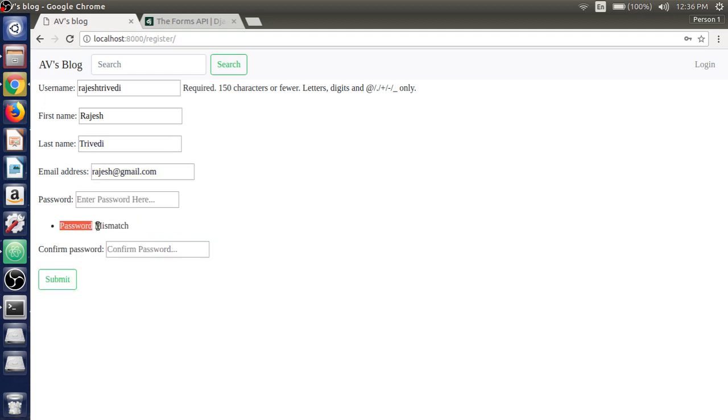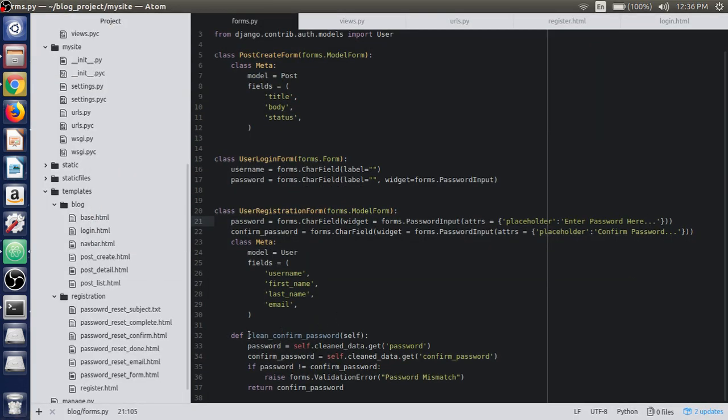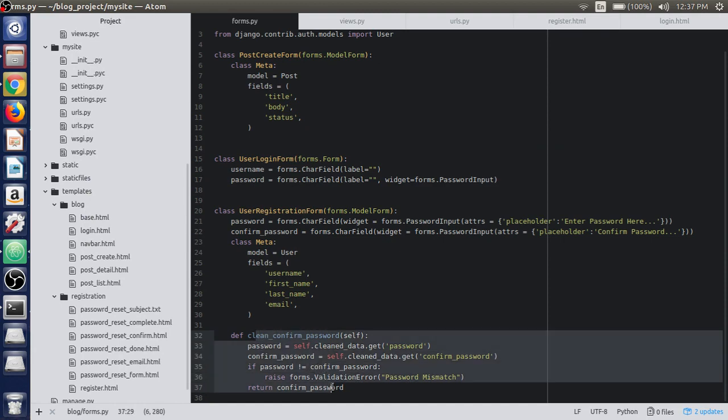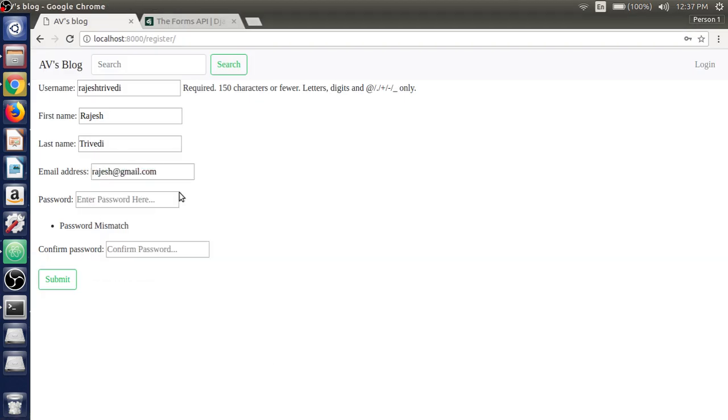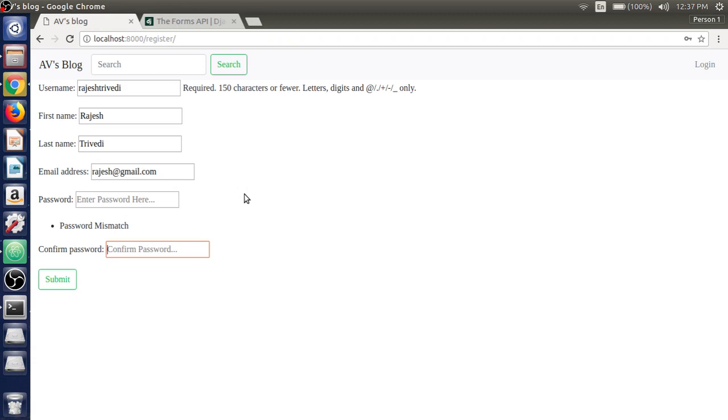See, it is giving the password mismatch validation, which we have used in the clean method here. It will work when it goes to the is_valid function, and after that it will automatically call the clean method to check if the password and confirm password values are matching. We are getting these values in the cleaned_data here. Simple enough. And if we write the correct password,